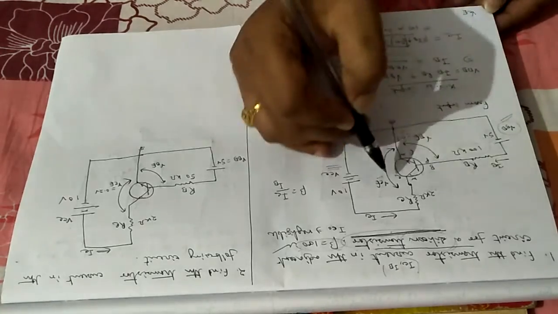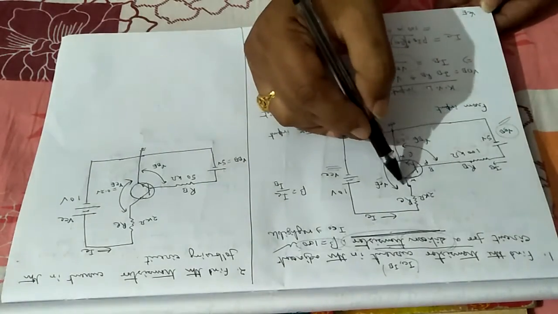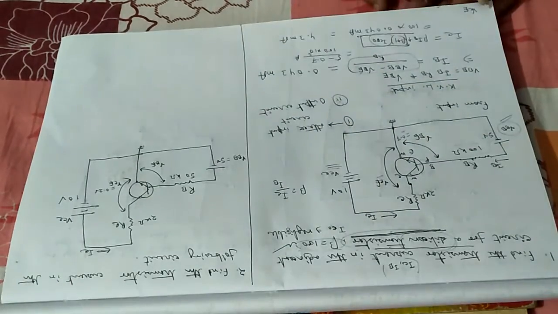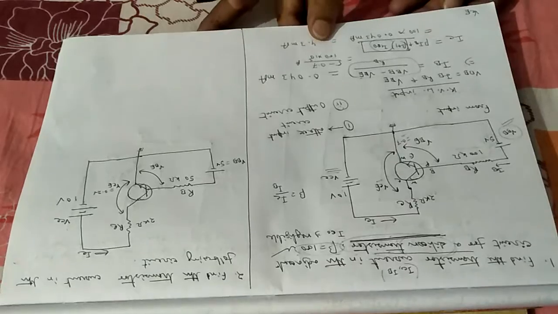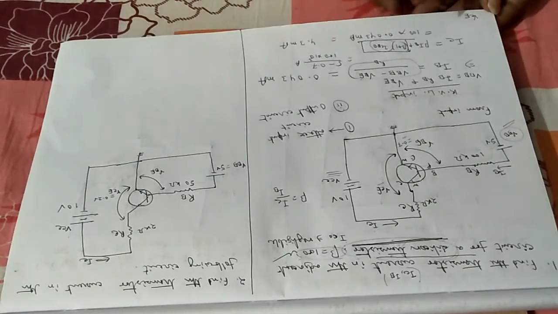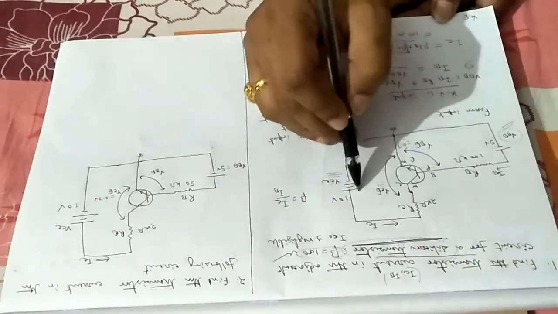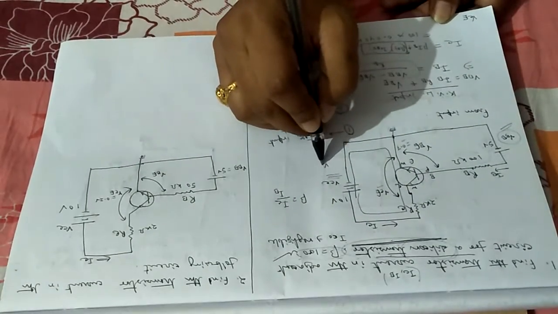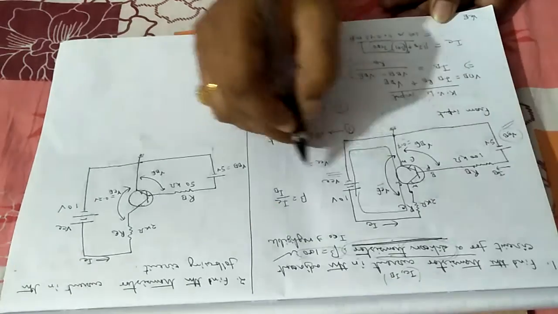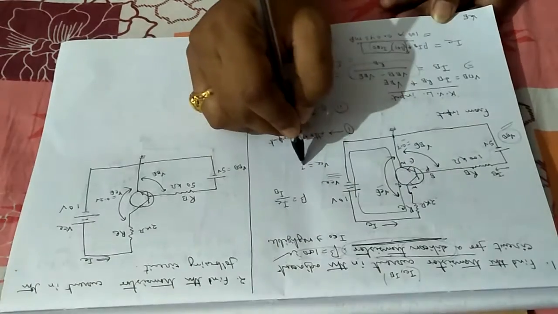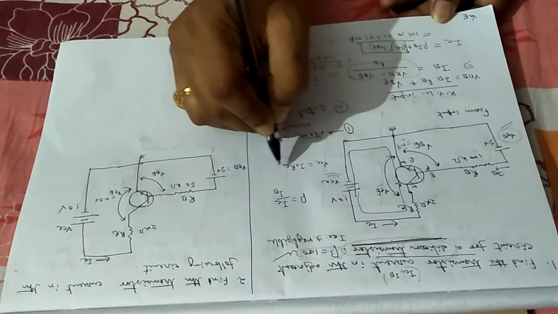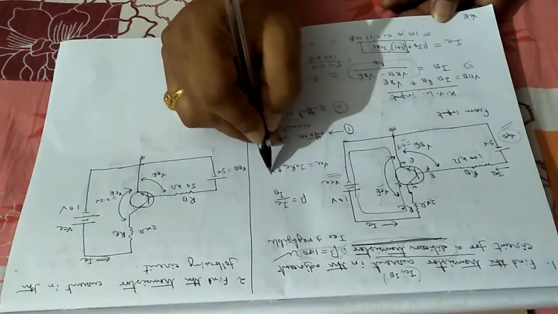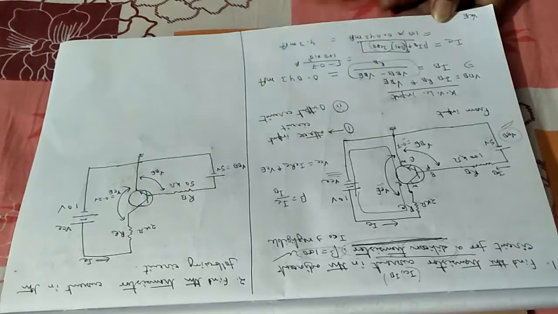VCE you can calculate. Other transistor voltage drop across collector to emitter. How? Applying Kirchhoff's voltage law in the output circuit. How will be calculating the Kirchhoff's voltage law in the output circuit? It is very simple. You have to write the Kirchhoff's voltage law in the output circuit. It will be like that. This is the circuit. Starting from VCC, VCC will be equals to IC into RC, going through this one, then the voltage drop, that is VCE.